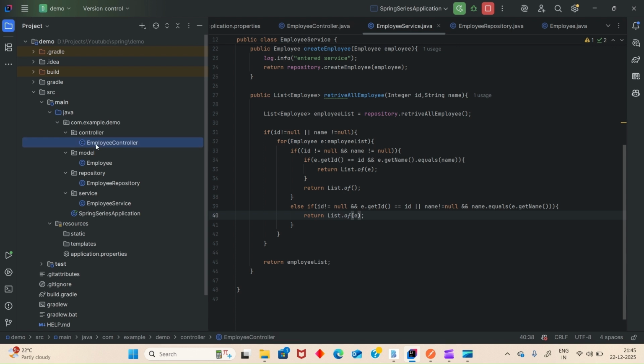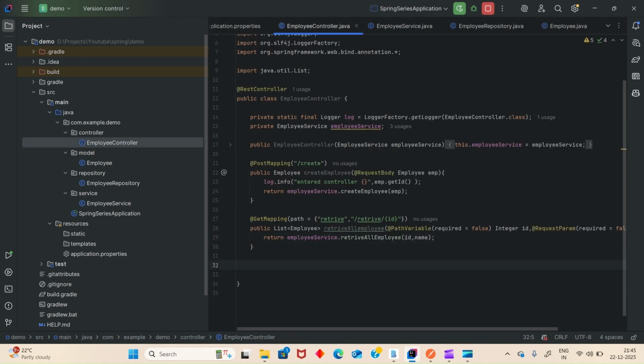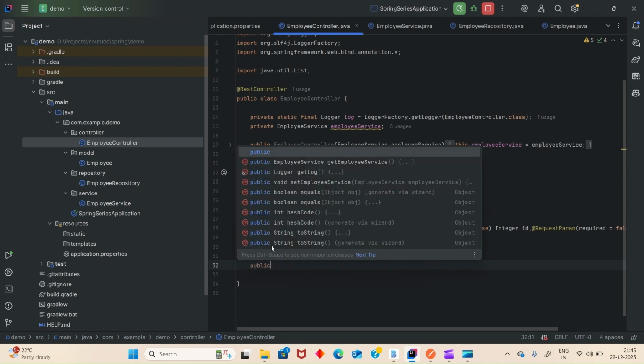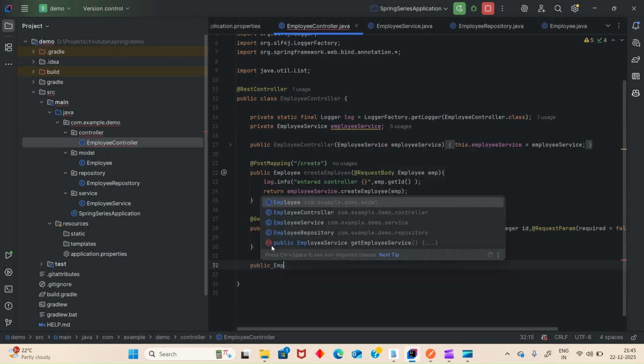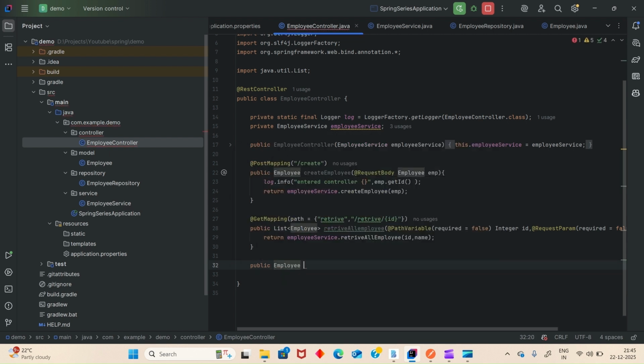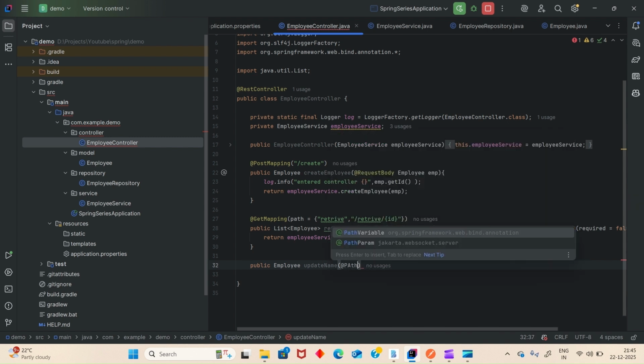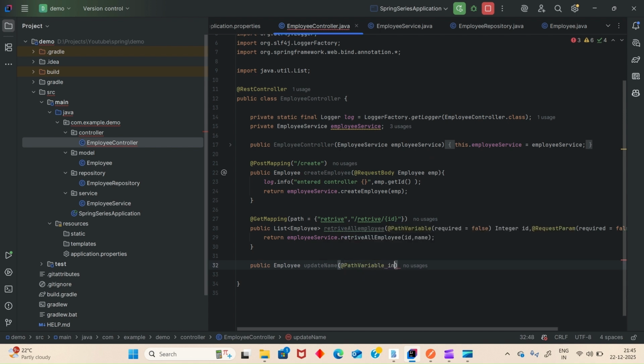Now let's build an update. We will be using patch. I will be explaining both. Let's say public, it will return an employee. I will write updateNameInOne, and here I will take the path variable as my int id,